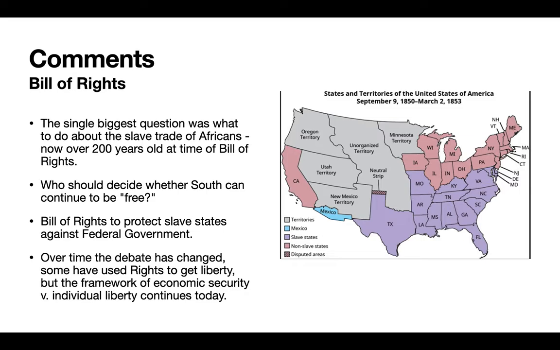Now, that brings me to some comments about misunderstandings of the Bill of Rights. Right? The biggest point of the Bill of Rights is that it was really to try to fix the problem of slavery. And so if you see on the right here, the southern states, which is this kind of purple-blue color. Sorry, I'm colorblind, so I'm not 100% sure what that is. But they're arguing for the Bill of Rights. They need to have a Bill of Rights because they want to protect themselves against the North. They're pretty sure that the North is going to try to take away their rights, take away their self-government, and tell them they can't own slaves, which would suddenly turn them all very poor, which is what ends up happening